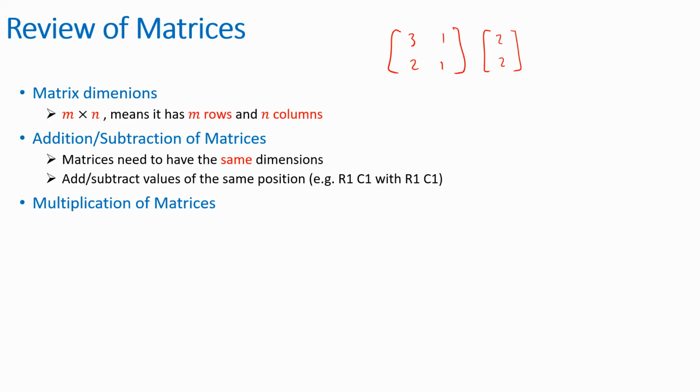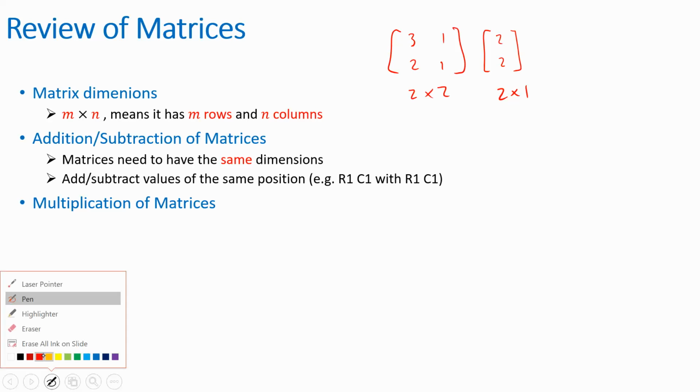Oh, the dimensions. What about the dimensions? Like the amount of columns and rows. Okay, so in this case, the first one I have is a 2 by 2 matrix, and the second one I have is 2 by 1. 2 by 1. So, as you just said, we need to make sure of the first thing you need in